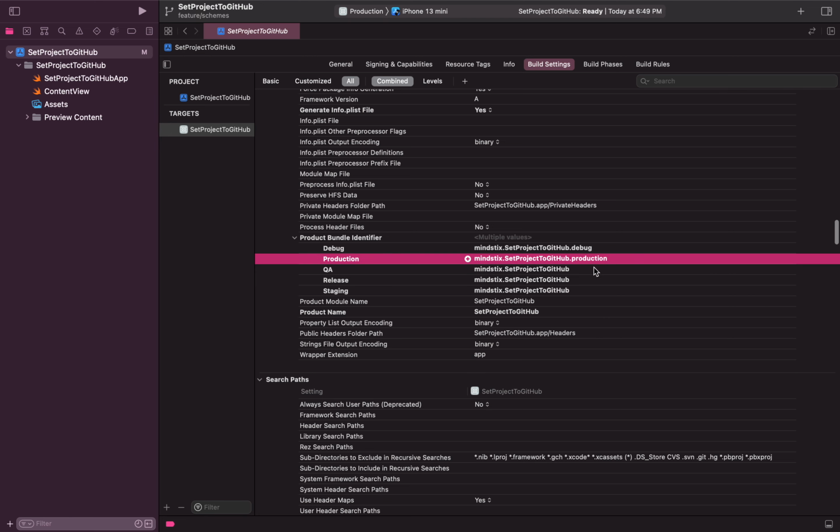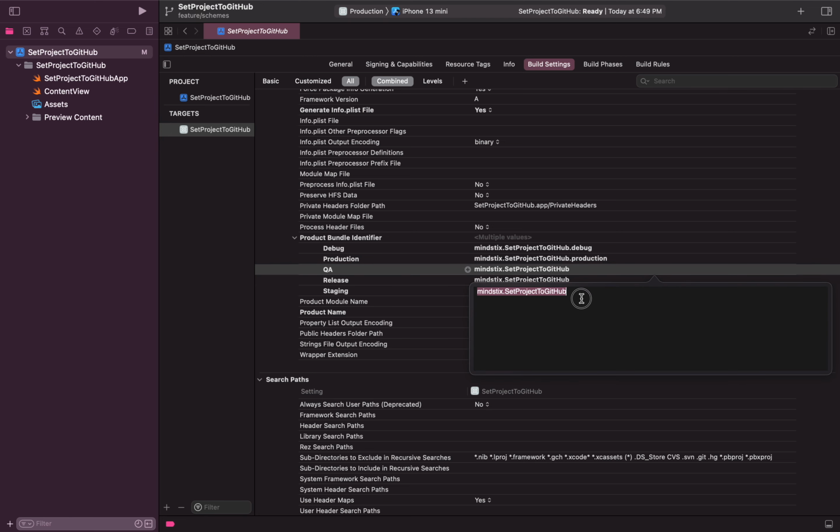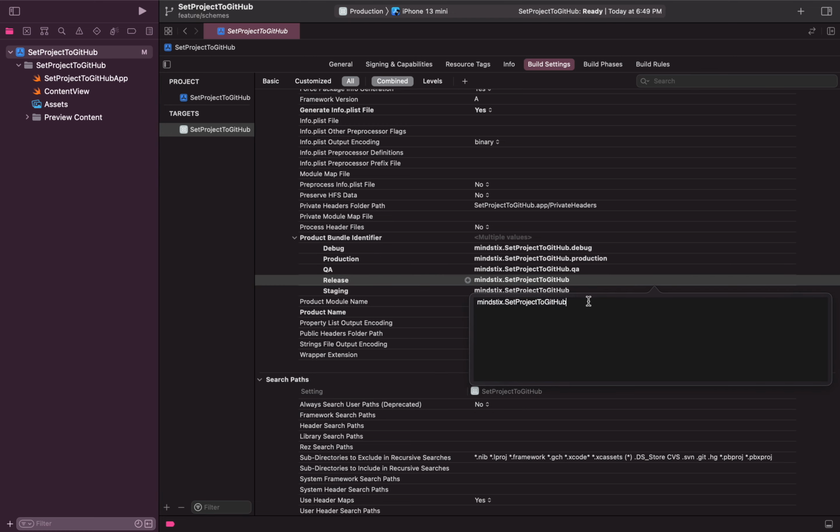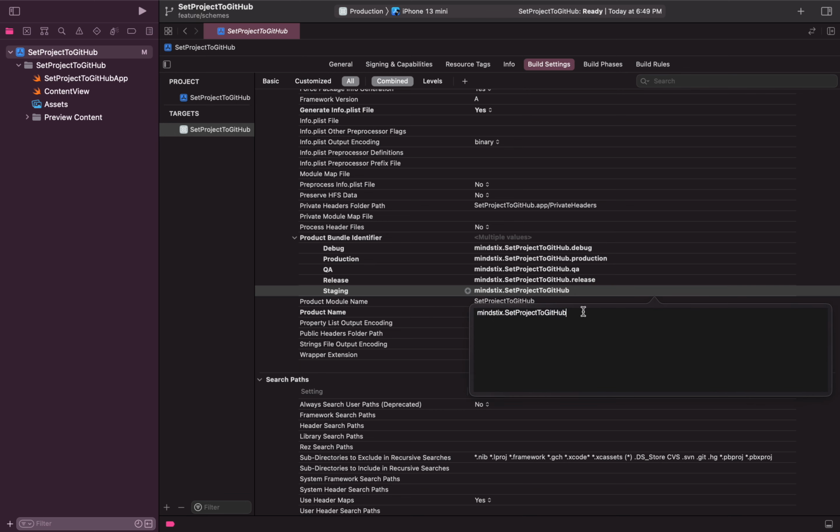Click enter. QA, enter, release, staging, enter.